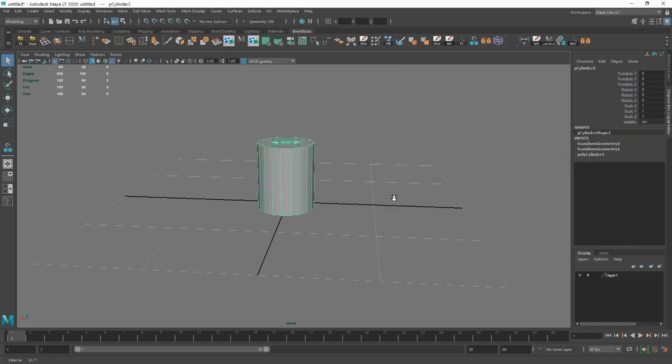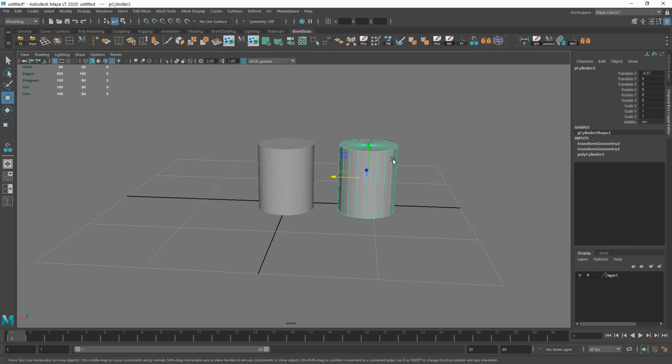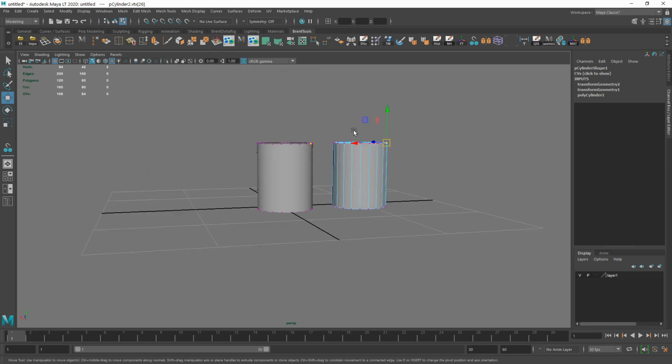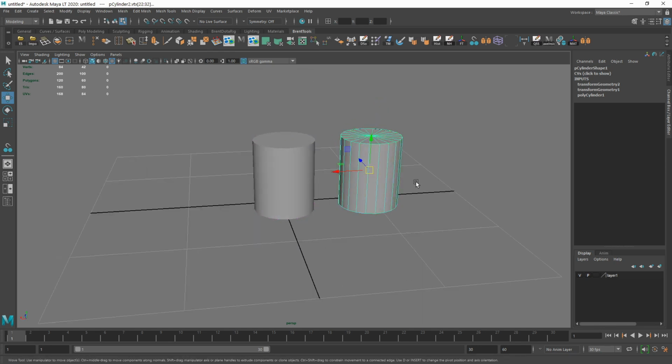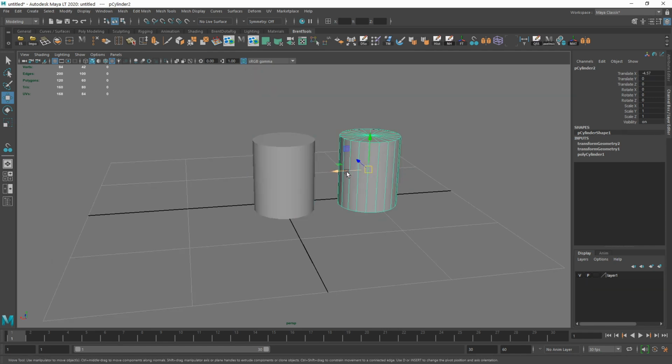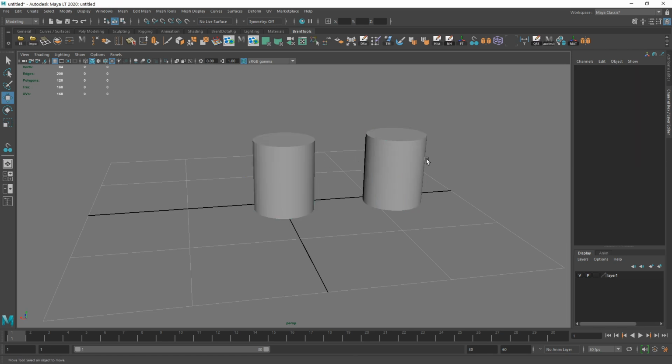And I'll hit duplicate special. So we got another one. Doesn't look like anything's changed here, but now whenever we make edits to one, it does it to the other. So I use this quite often for sure. But sometimes you might want this to be its own thing again and not follow this one, in which case